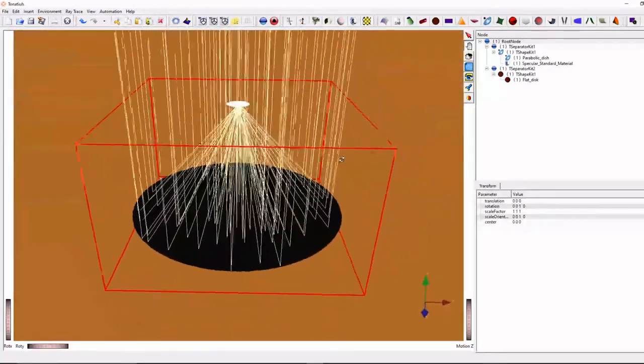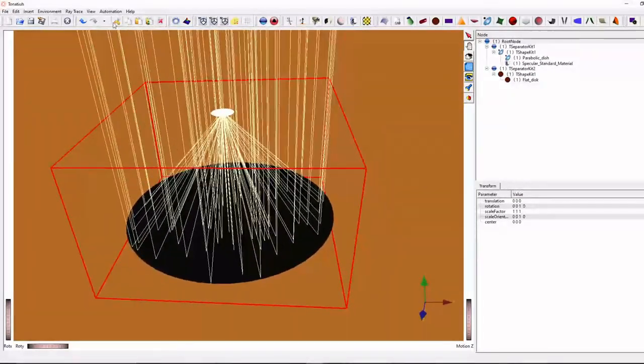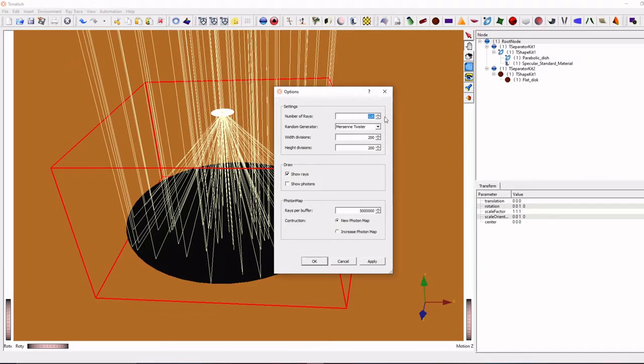Then later we can go to the ray trace option and change the number of rays. For getting an optimum result, you need at least a million rays. So I am clicking 5 millions.